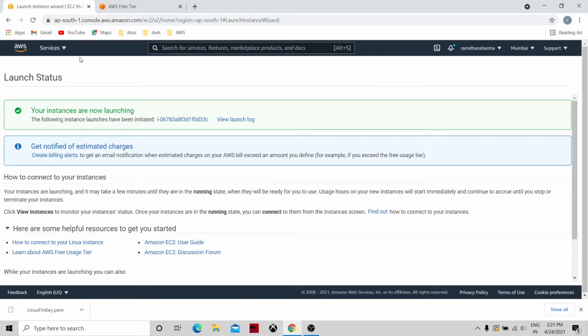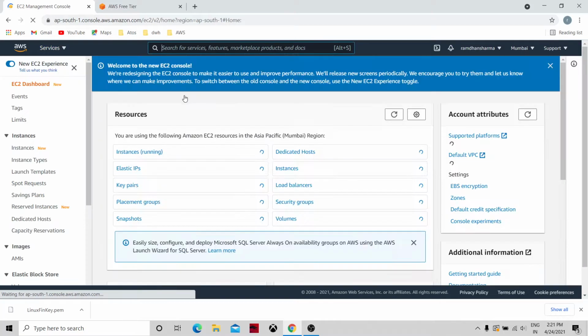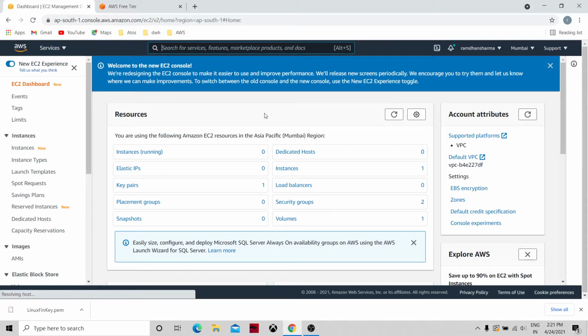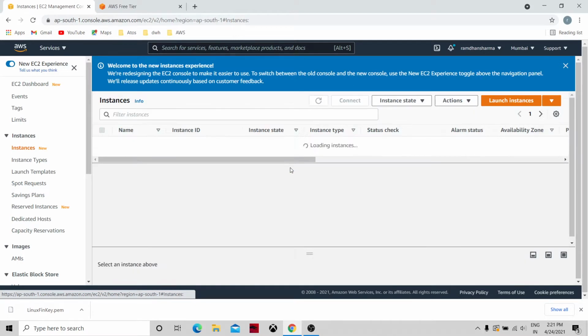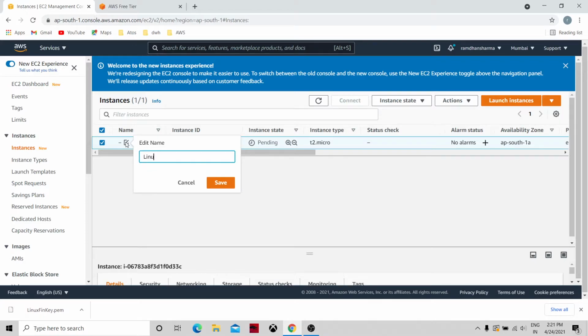I'll go to the EC2 again and see what is happening with the instance. In the EC2 dashboard, we have one instance, and nothing is running yet because we just launched it, so it will take some time. Meanwhile, we can give it the name Linux server 01.